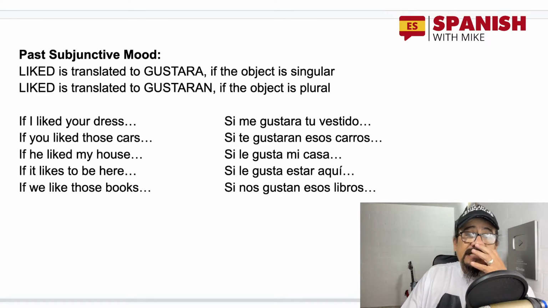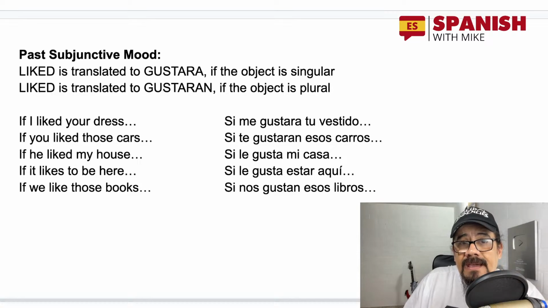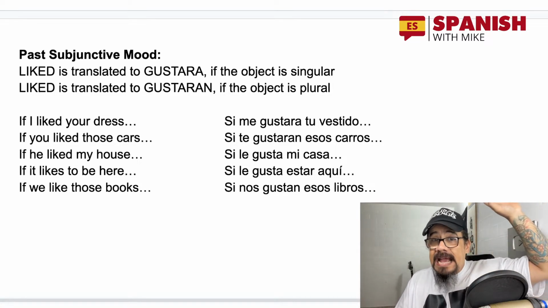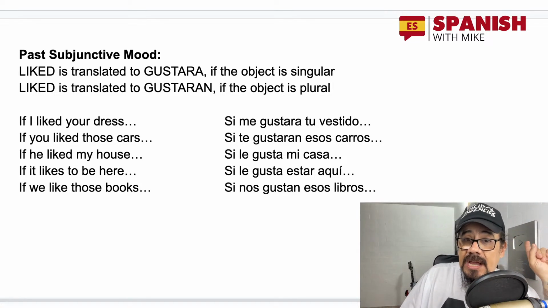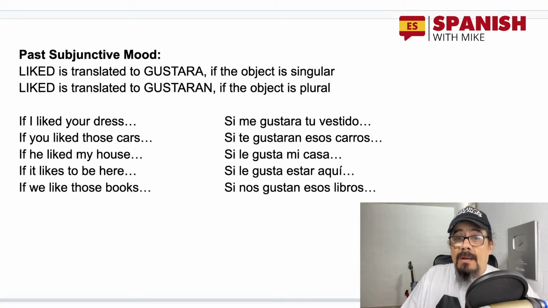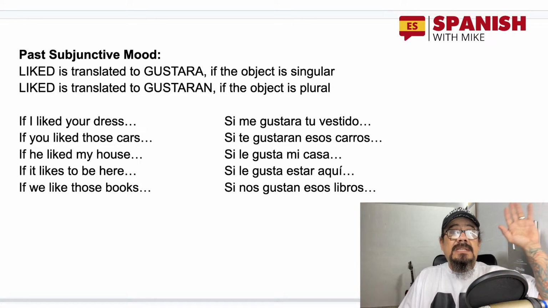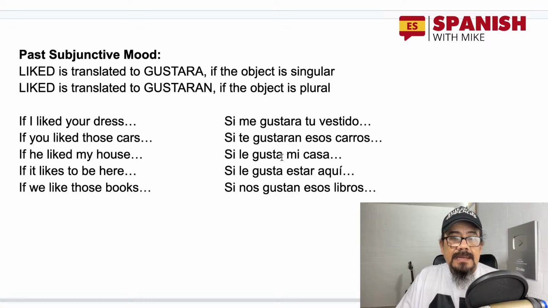So, and last but not least, the past subjunctive mood. Liked in the past subjunctive mood in English is translated to gustara if the object is singular, and gustaran if the object is plural. Gustara, gustaran. If I liked your dress, si me gustara tu vestido, singular. If you liked those cars, si te gustaran esos carros, plural. If he liked my house, si le gustara mi casa,